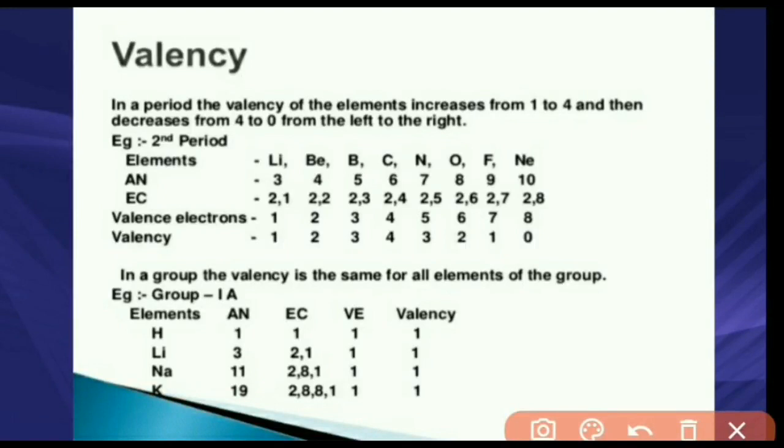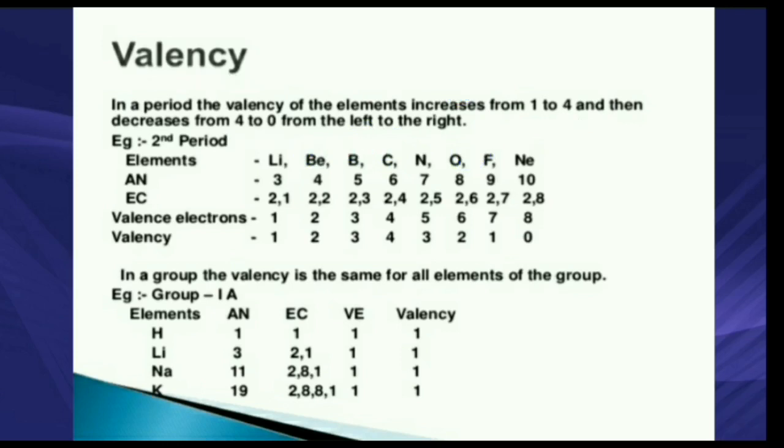Next property is valency. Valency we can define as the number of electrons lost, gained or shared to complete 8 electrons in the valence shell. That particular number is called the valency of the element. In a period, the valency of the elements increases from 1 to 4, then decreases from 4 to 0, from left to right. For example, the second period elements: lithium, beryllium, boron, carbon, nitrogen, oxygen, fluorine and neon,